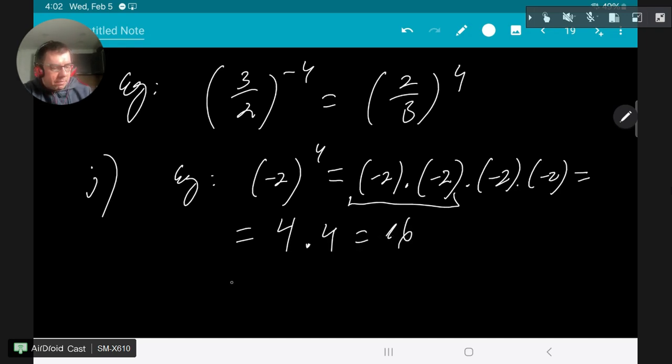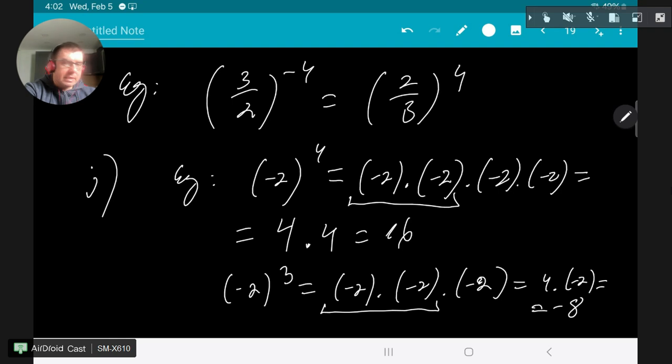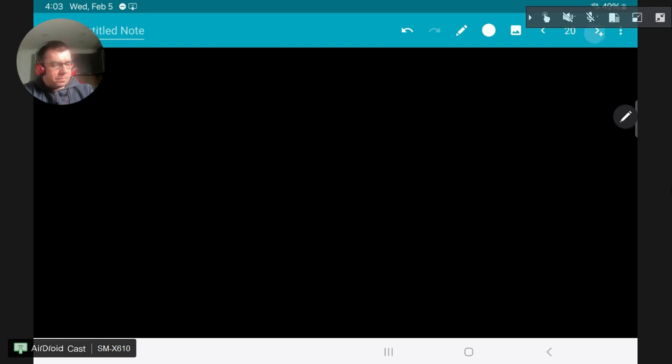But what happens if I have minus 2 to the power of 3? This will be minus 2 times minus 2 times minus 2, only 3 times. And now these 2 will give me 4, but then this 4 will be multiplied by a negative number, by minus 2. So 4 times minus 2, this is going to be now minus 8. Okay? So in general,